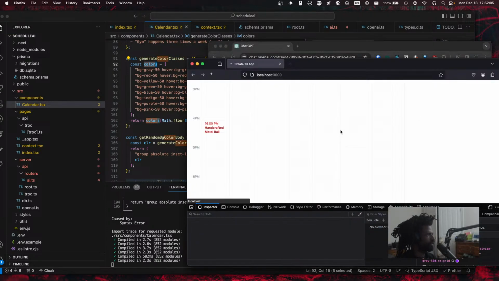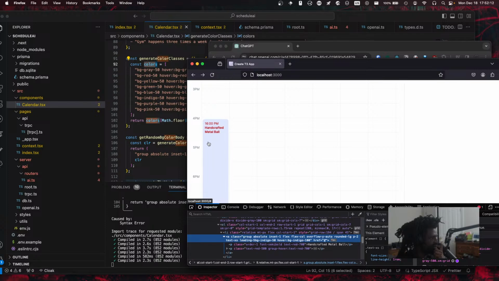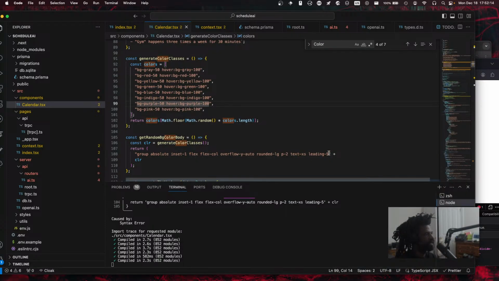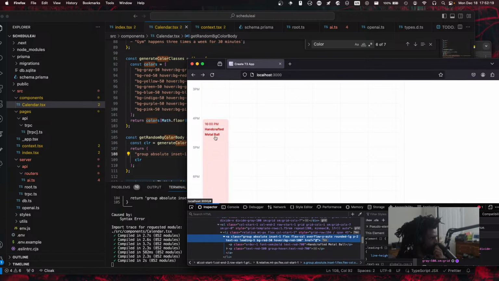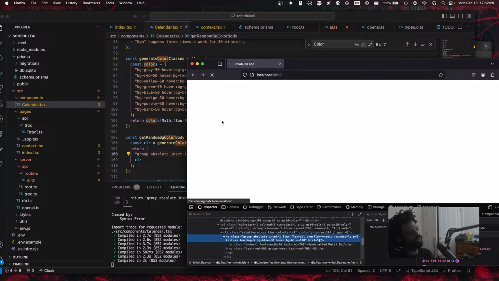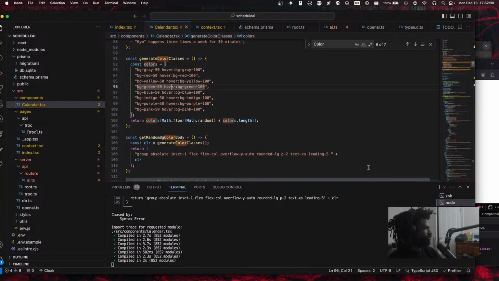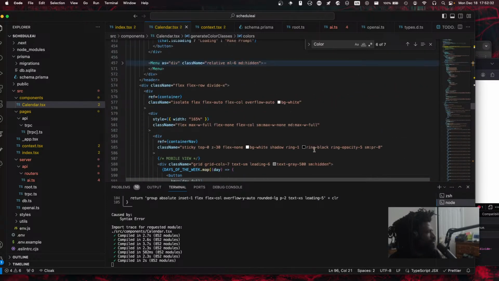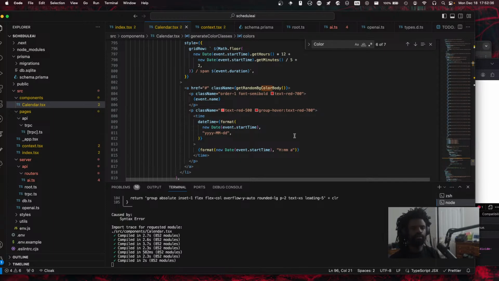Does this work better? The hover works, and then I need to do that. So we got red that time. Okay, so we're gonna go back to the event. I spent way too much time doing that, but